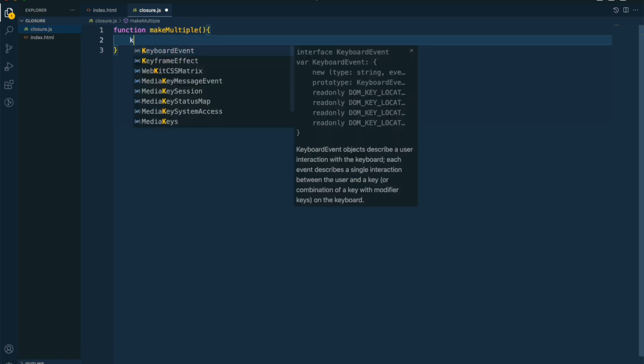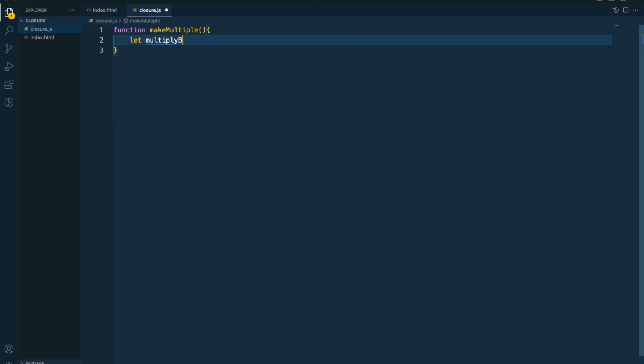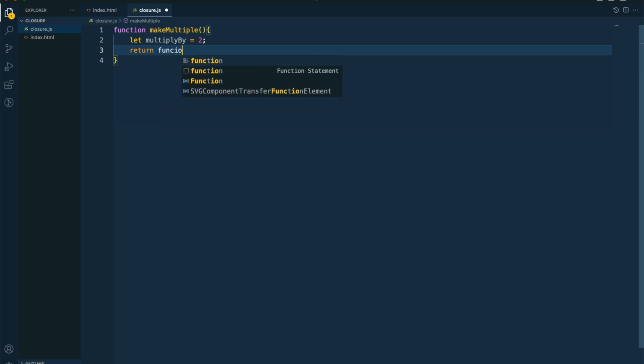Inside this I will have a variable multiply by, which I will give the value 2. It will return another function that will take an argument called